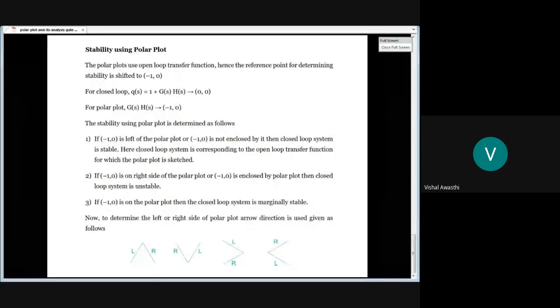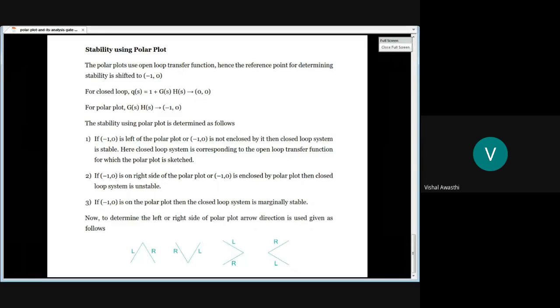Then the next one, we are having the Nyquist plot, which is nothing but a slight enhanced version. In some books you can see that Nyquist plot is not a new plot. This is also a polar plot, but a slightly enhanced concept of polar plot. This is a Nyquist scientist who has given some new concept for stability, and it has a basic concept of plot, that is polar plot. So in the next coming class, we will discuss about the Nyquist plot.